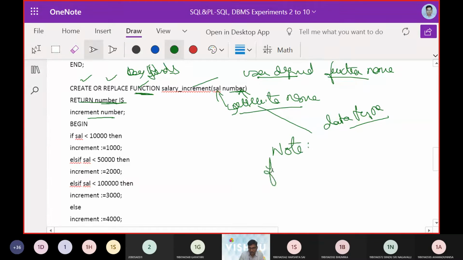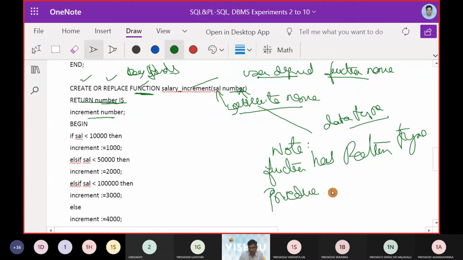Note, function has a return type. Procedures don't have a return type. This was the key takeaway, right? Functions have return types, but procedures don't have a return type. So that was the takeaway we have to emphasize.